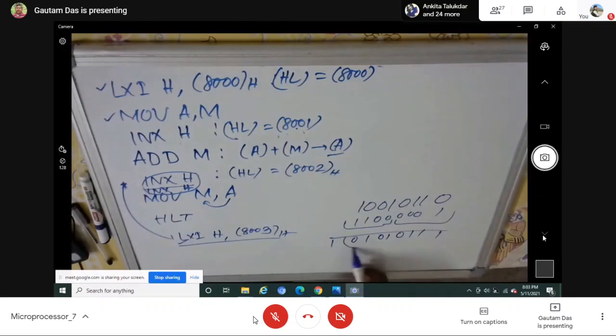No. The accumulator will only store this. If you move it into memory, you can get only this. And if you want to know whether any carry is generated or not, then you have to check the carry. If it is 1, then you can understand a carry is generated. Otherwise, the accumulator will never store carry information. This carry information will go to the carry flag.